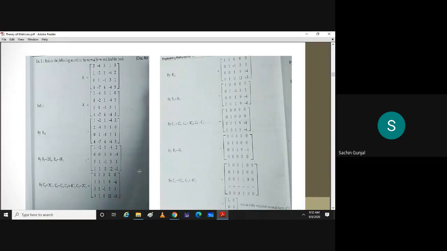Fine. Now, you want to bring the A22 entry as 1. Can you tell me the operation? Because we are bringing the identity matrix into the picture, right? So this A22 entry has to be 1. We can bring the third row to the second row and the second to the third. Interchange second and third row, that is one operation one can do. Any other choice? C2 and C3. Interchange C2 and C3, that is one choice. Good.